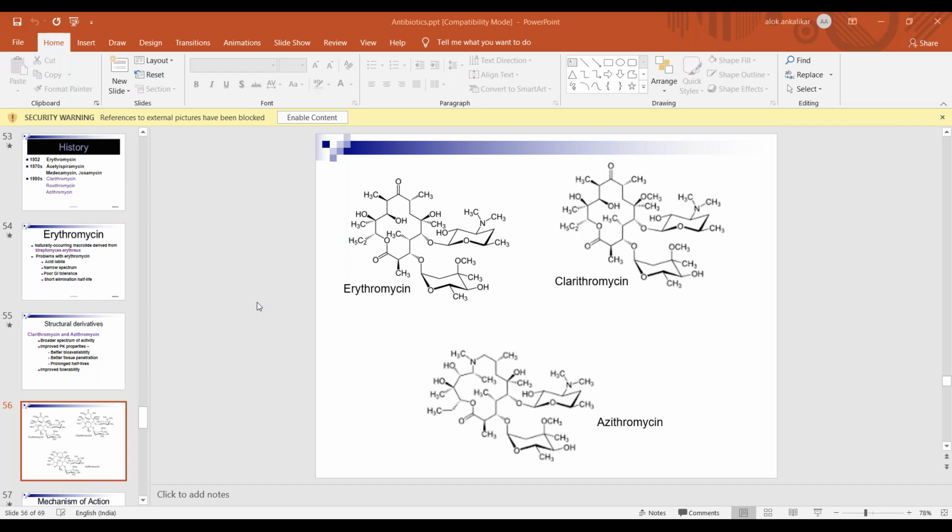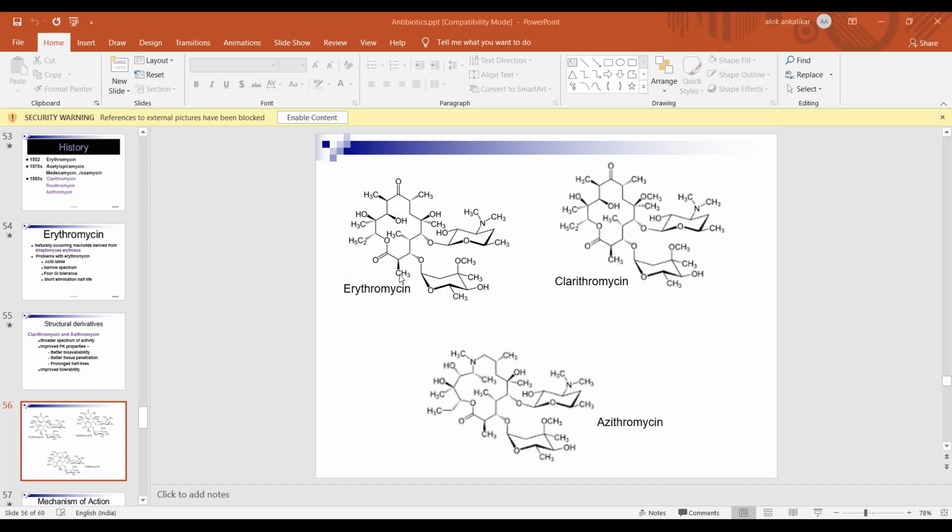Erythromycin and azithromycin are very commonly used drugs, especially when there is throat infection, or even sometimes skin infection. Erythromycin and azithromycin are commonly used antibiotic agents. In soft tissue infection of the skin, erythromycin always comes in handy in the treatment of those types of infections. Okay, so there are not many SAR points for this class of macrolide antibiotics. We will note them down.